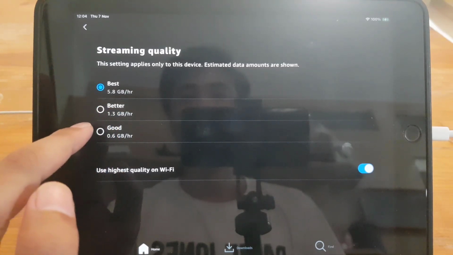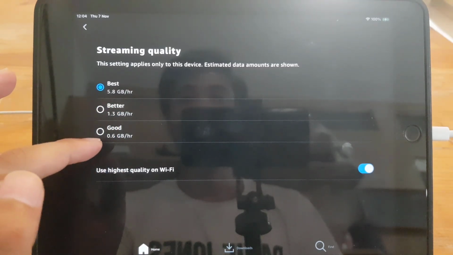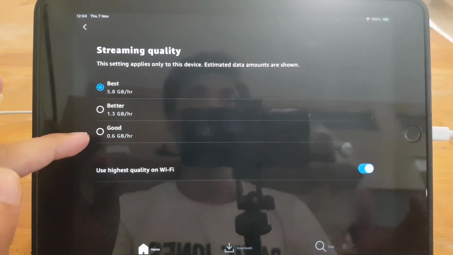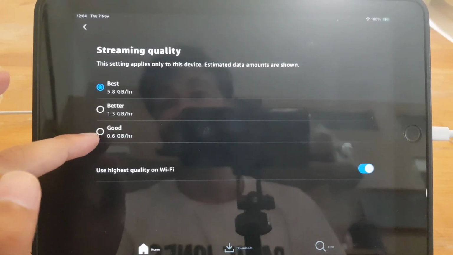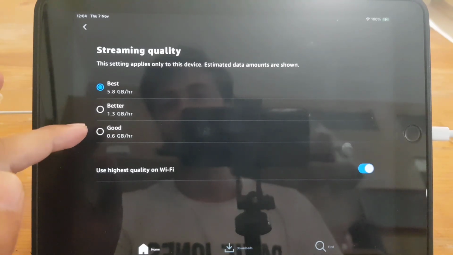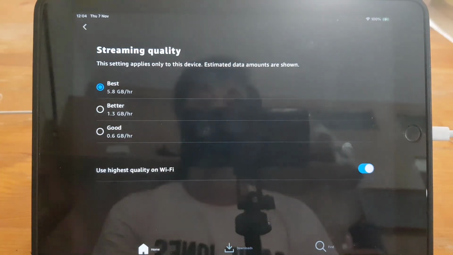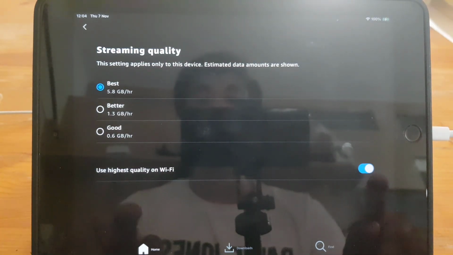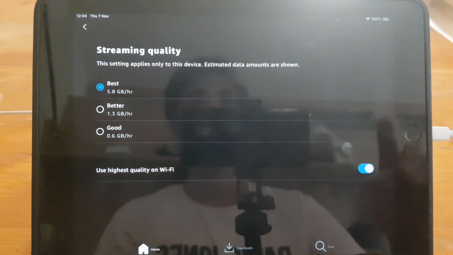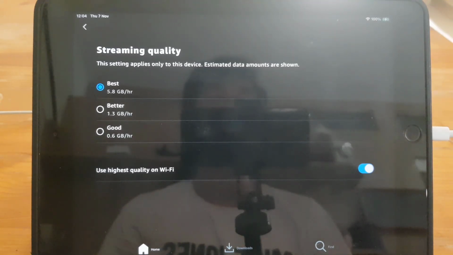If you select the best one, then there is a better one and then there is a good one. So the consumption of the internet will be less if you select good. This setting applies only to this device. So if you apply this setting, it will be only to this device. If you're using your Prime account on another device, let's suppose on TV, so you need to change the settings